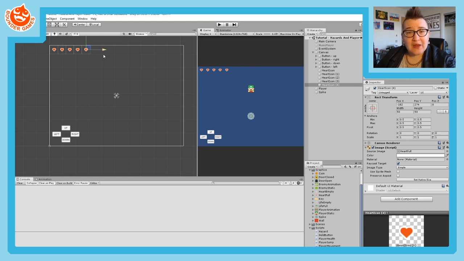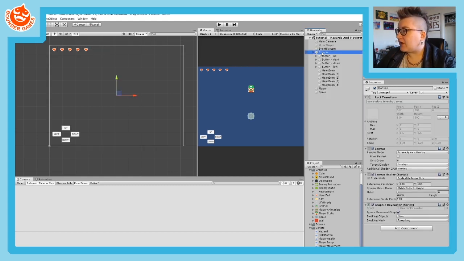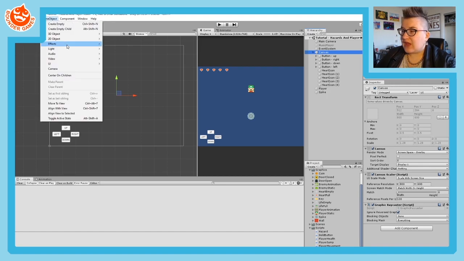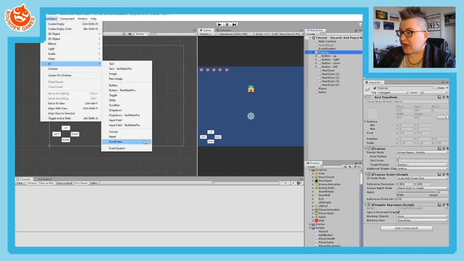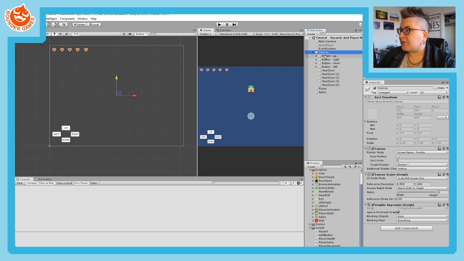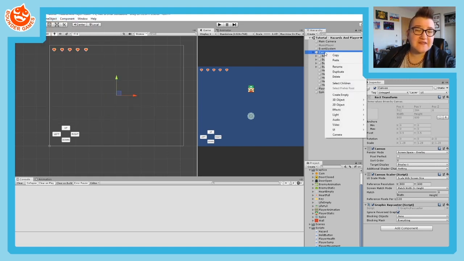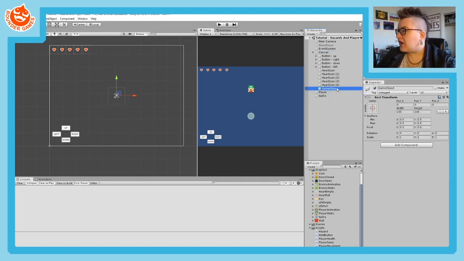So how do we do that? Well, thankfully it's very easy. We can create another UI element. So if we go up to Game Object and go to UI, we can create another UI element. Now, I don't believe it's actually in here. So let's just create an empty game object. If you right click on your canvas, which is the container for your UI, and you create an empty game object, we're going to call this heart root. This is going to be the root object for our hearts, and our hearts will become child objects